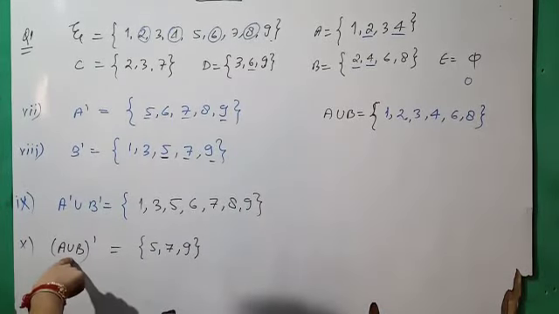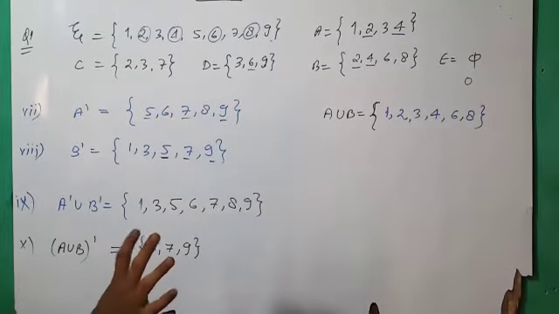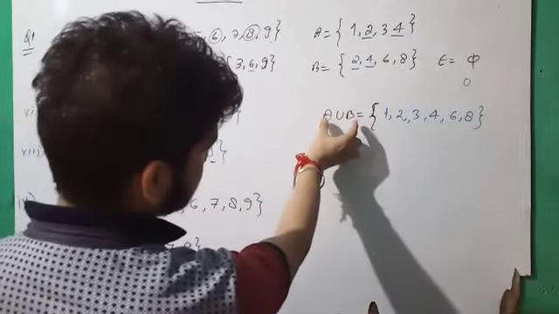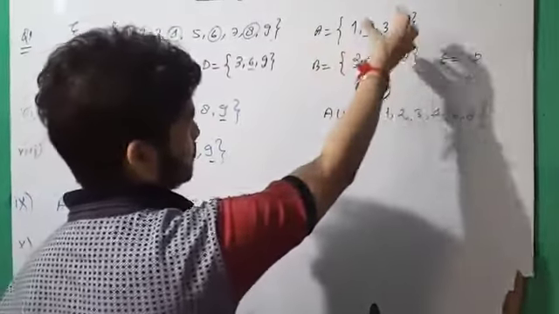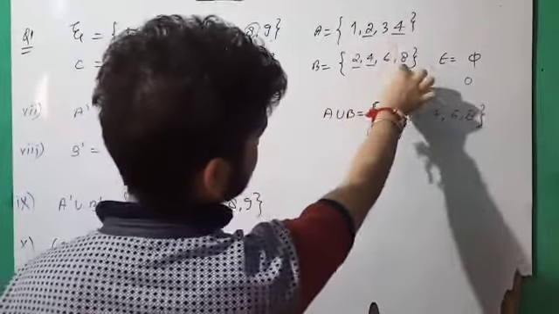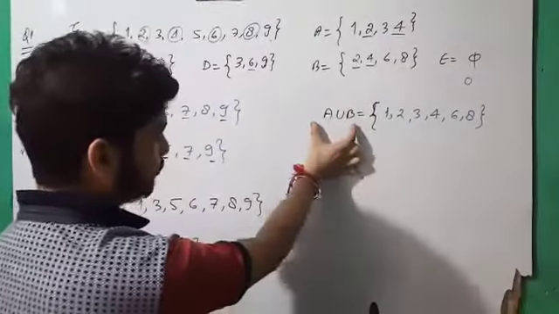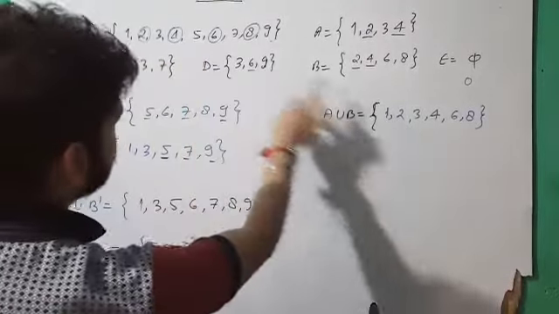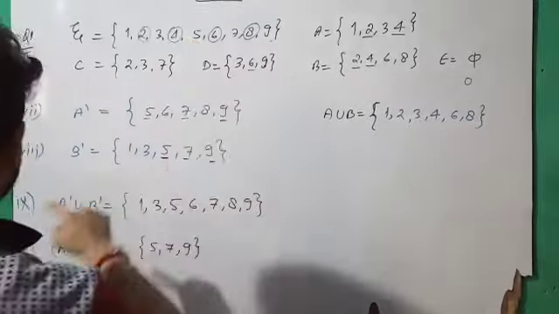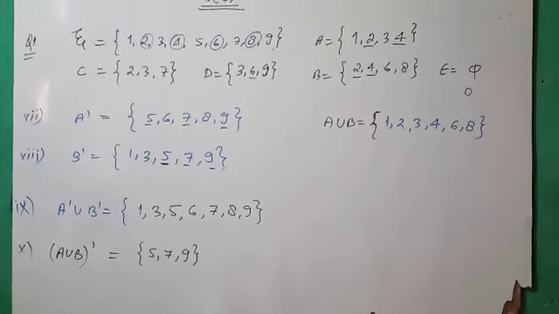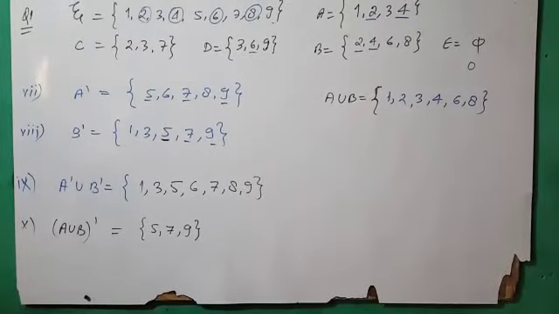First of all we have to find A union B, because we have to find the complement of A union B. So first we have to know what A union B is. A union B means we add all the elements and none is repeated, so 1 2 3 4 6 and 8. Now complement of A union B means universal set minus A union B. So we subtract 1 2 3 4 6 8, and the remaining are 5 7 and 9. So this is the answer. Now I think this is very simple. This is the most important question of exercise 1C, and also a basic conceptual question.